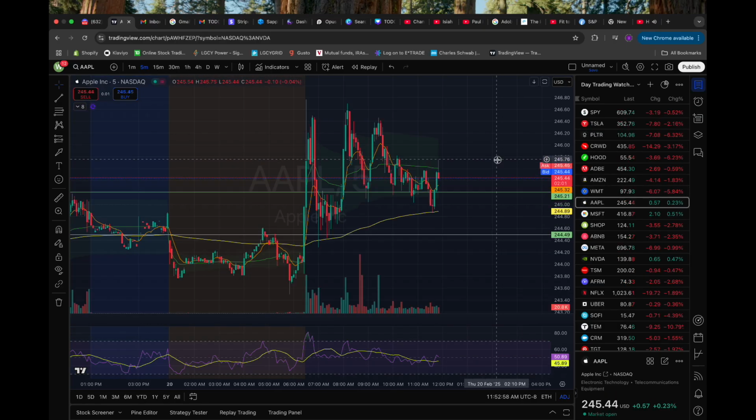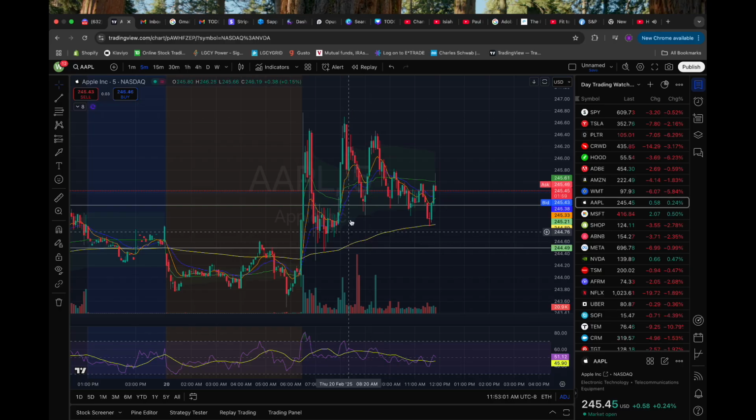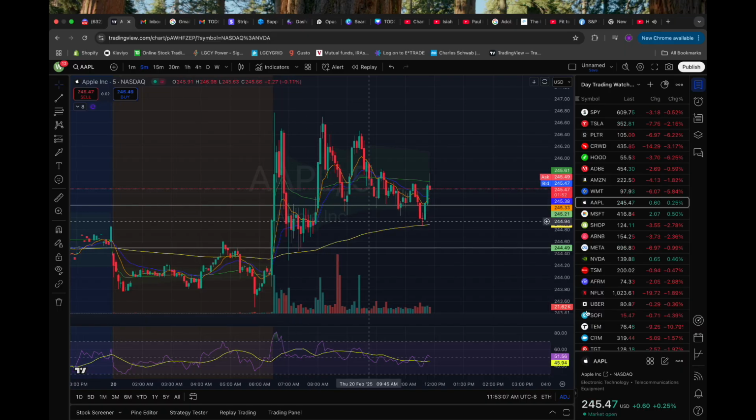Now this is to the downside. So we see that Apple has been going up and down, but it opened up at this level right here. It's up currently 60 cents on the day, which is 0.25%, right? So its high of day is 246, right? And its low is all the way right here, right? 244. So it came up, rejected, came back down. It came back up here, right? But if we look